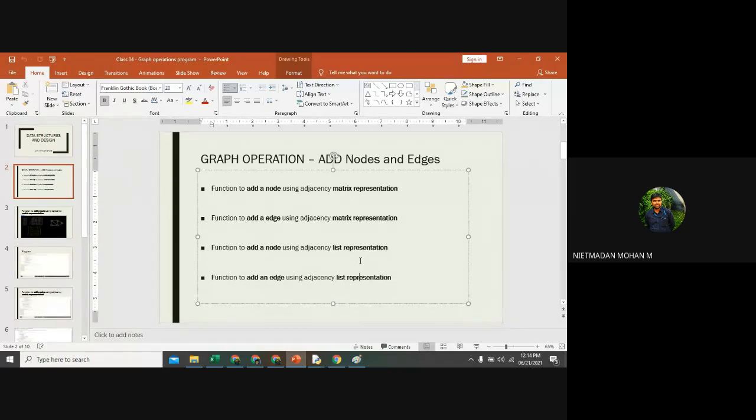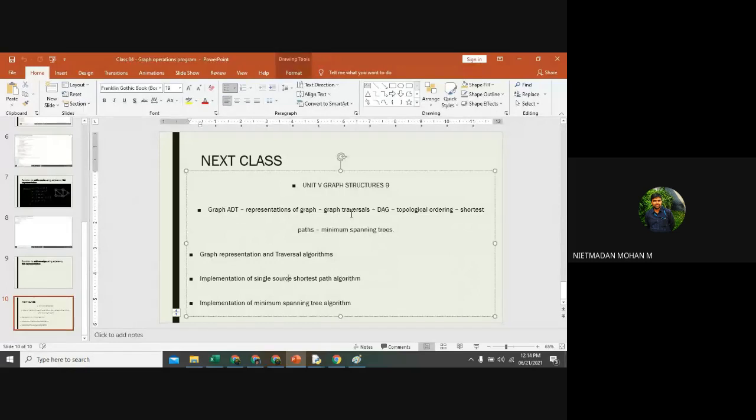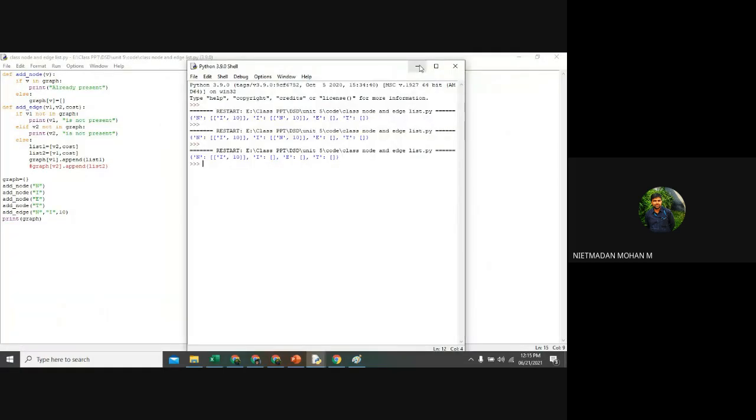And finally, the traversal operations will be there. After completion of the traversal operation, most probably the 5th unit will be completed. In this traversal operation also, we will discuss the shortest path and minimum spanning tree. So these two come under the traversal operation. And now we are discussing topological ordering, how the order will be. And that's all for the 5th unit. So as of now, we have created nodes and edges. That is the status of this particular subject, right?